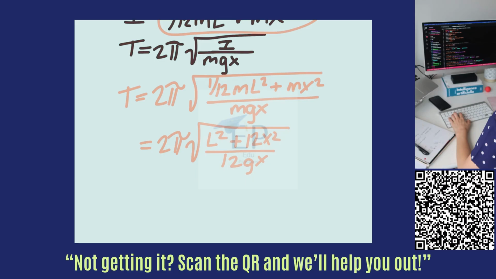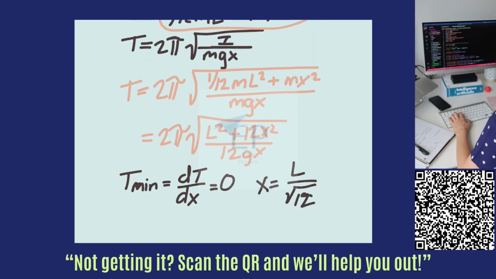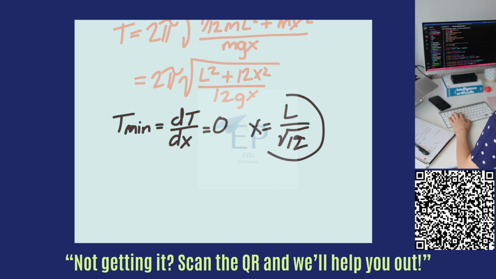Since we want the minimum, we want our T minimum, we are going to take the derivative of this. So we're going to set dT over dx, as a function of distance, equal to 0, which means that x equals L divided by the square root of 12. We can now take this and plug it in up here as well. So that new equation, our T minimum,